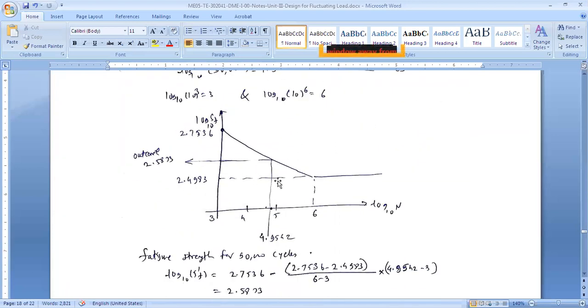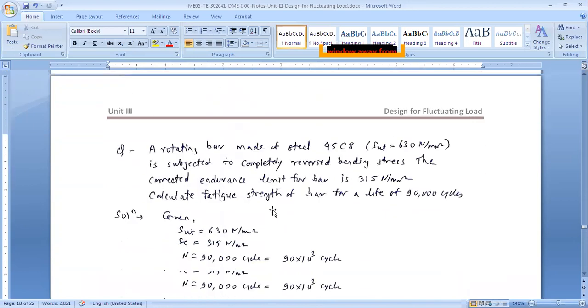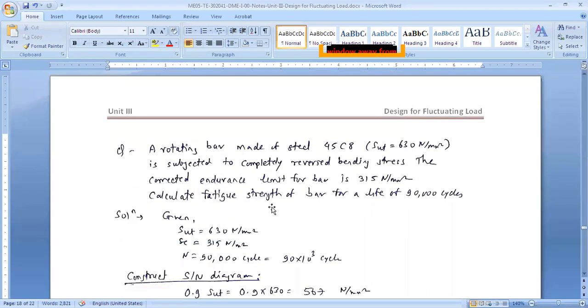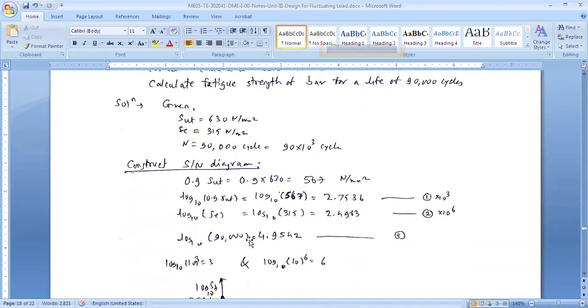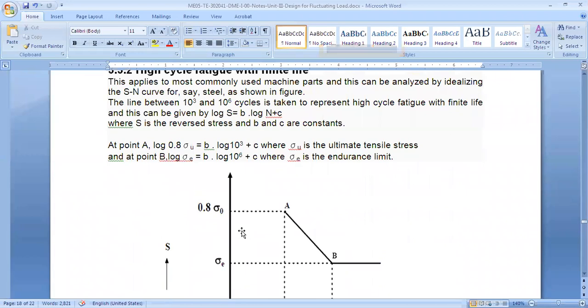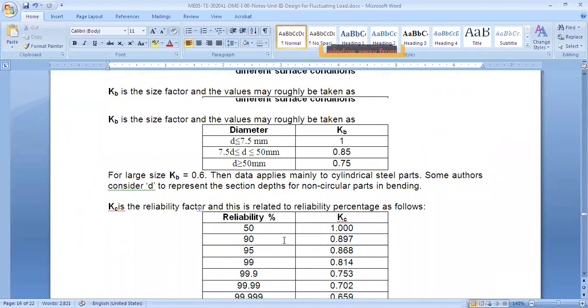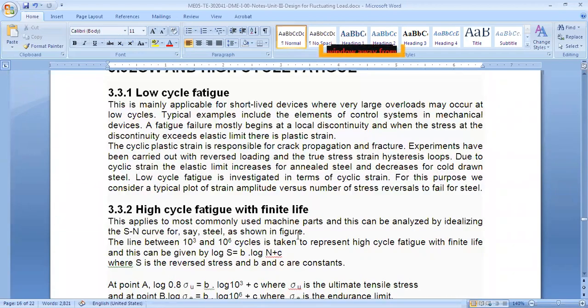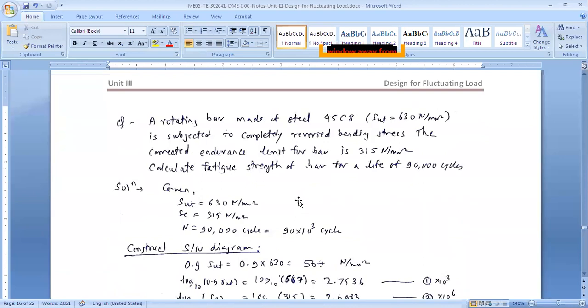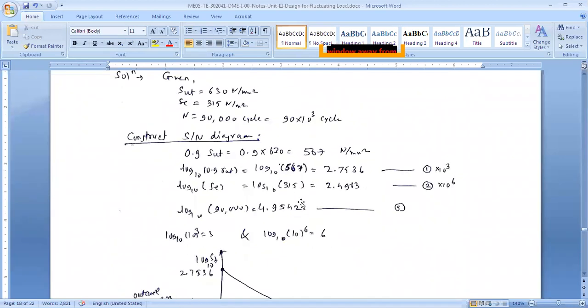Are you getting it? So this is how the stress and number of cycles are related in the calculation of fatigue failure. So this is how the numerical will attack the fatigue life for finite life, fatigue strength for a finite life. For a given strength, we can calculate cycles. For a given cycle, we can calculate the strength. So we have covered the SN curve today. We have seen the factors affecting the endurance limit. We have had a recap on that. We have gone through details of the SN curve, and then also we have taken an example of a numerical on design for a finite life. From the next lecture we will start working on these different diagrams.